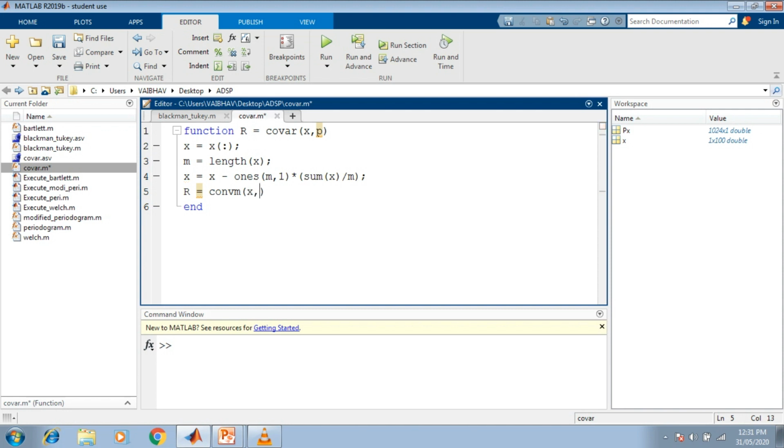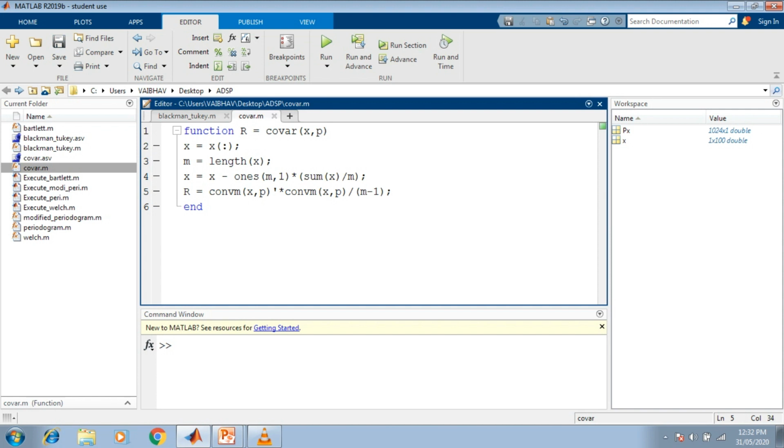The input parameters we provide are x, p, the order of the matrix, and we operate the CONVM function with the input parameters x, p. It is divided by, within the parenthesis, m minus 1, and at the end we give a semicolon to end this syntax. So this much of the script can be saved for the function covar.